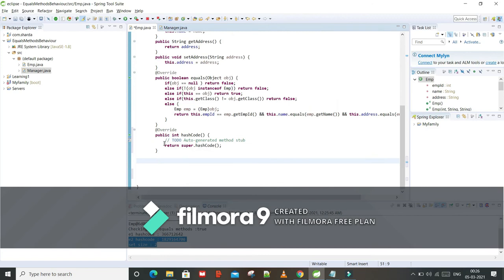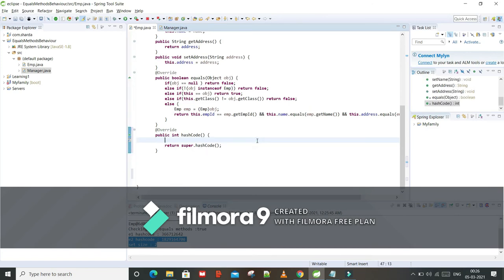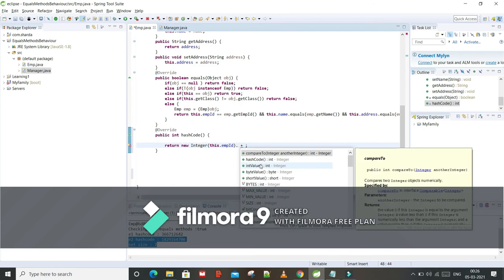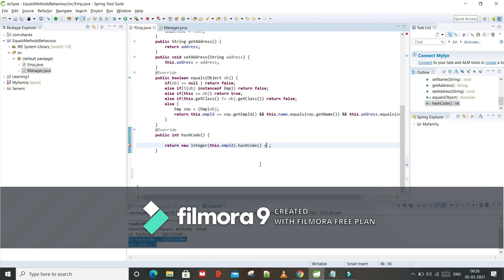Let me override it now. In the hashCode method, this dot empId is an integer, so we will convert it using the wrapper class, new Integer, plus we will convert by the wrapper class, calling the hashCode method of the wrapper class.